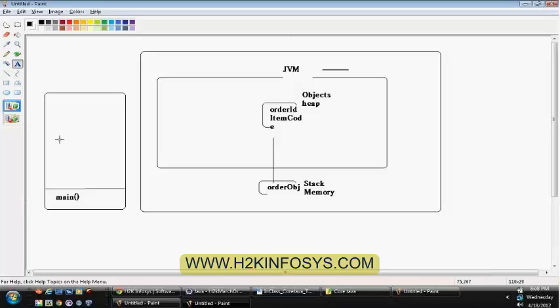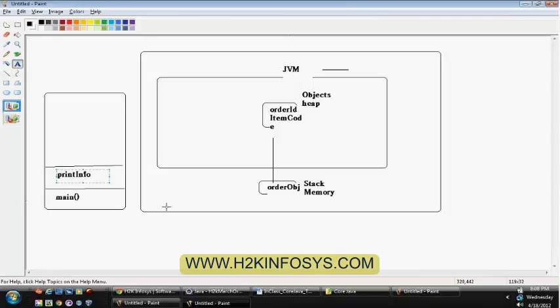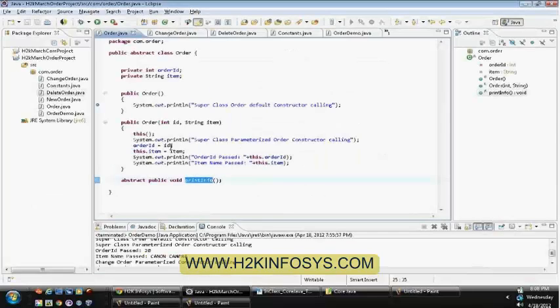Stack is nothing but last in, first out. If you are comfortable with data structures, stack specifies last in, first out. So the next method that gets onto the stack is the print info method, along with whatever local variables are available inside the method.